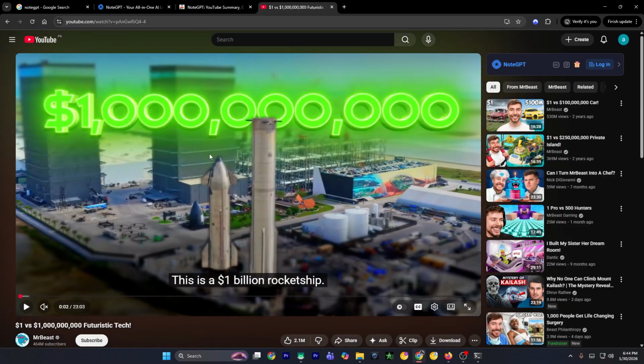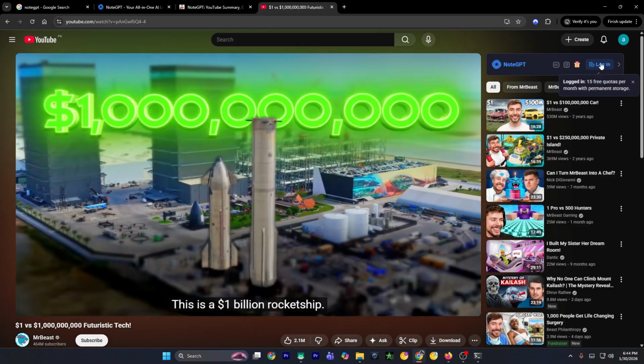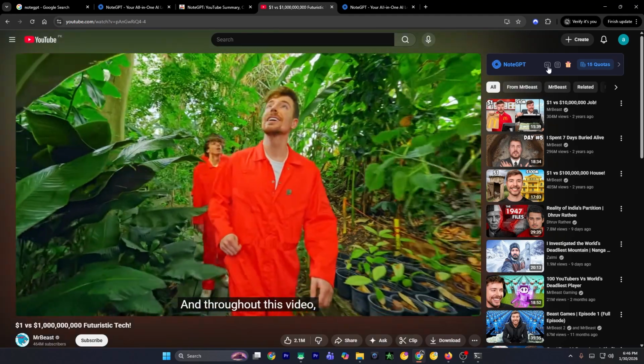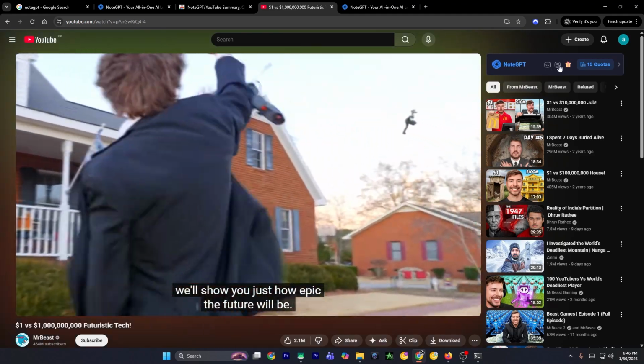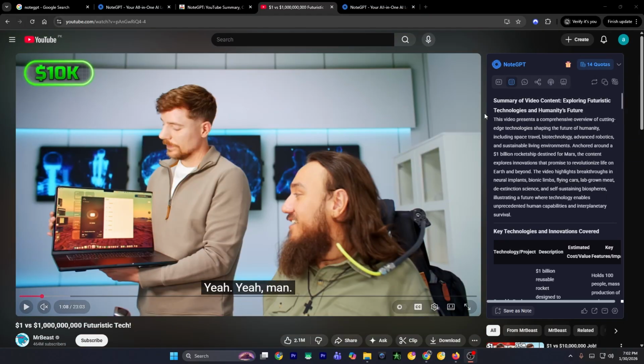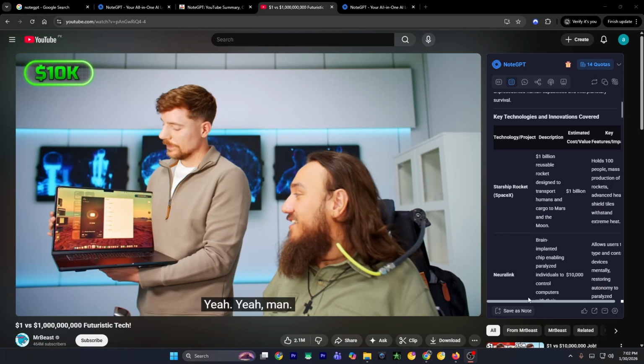Now once the video starts playing, what you can do is click on login. Now once you're signed in, you have two different options. The first one is for the subtitles and the second one is for summary. If I select the summary icon, it will create a small summary of what's happening